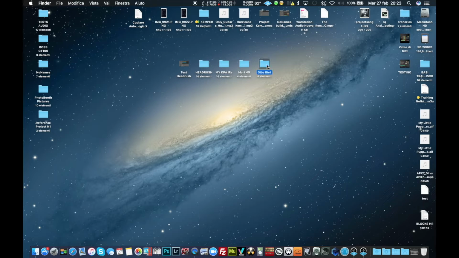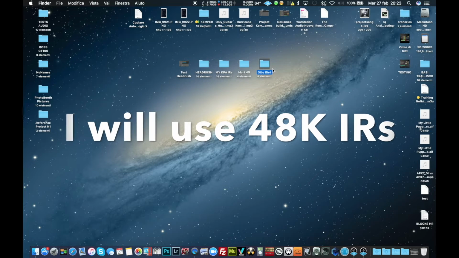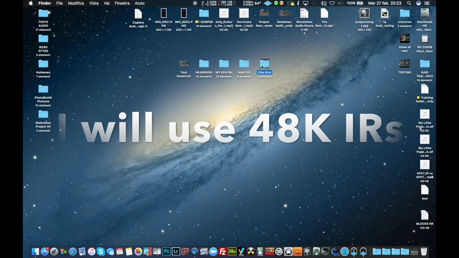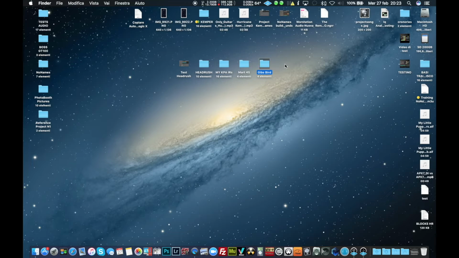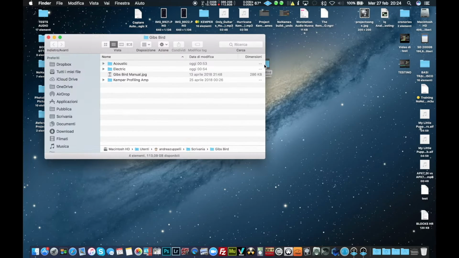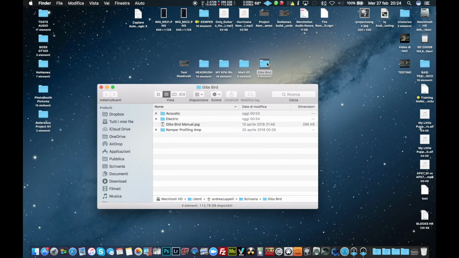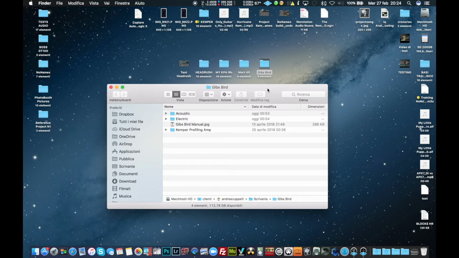Okay, here on my desktop I have bought an acoustic impulse response from 3 Sigma Audio, the Gibson Hummingbird, that I am going to try on my Yamaha APX7. Let's see how the folder is managed. It's organized into our package both. So